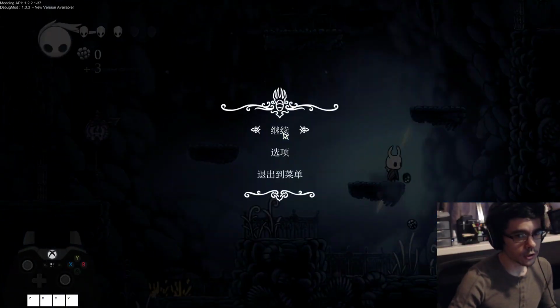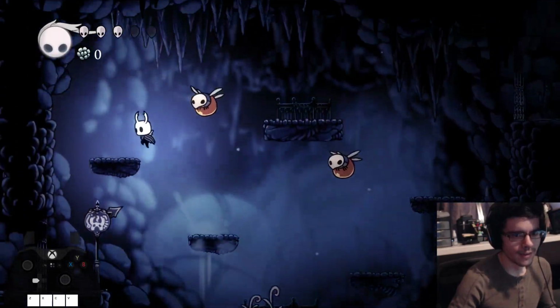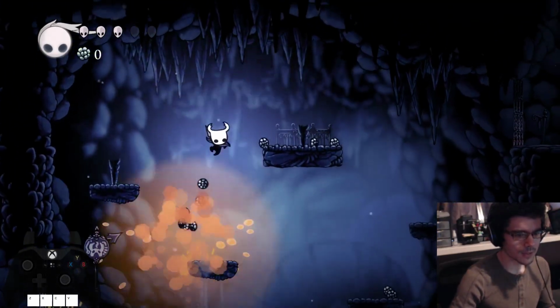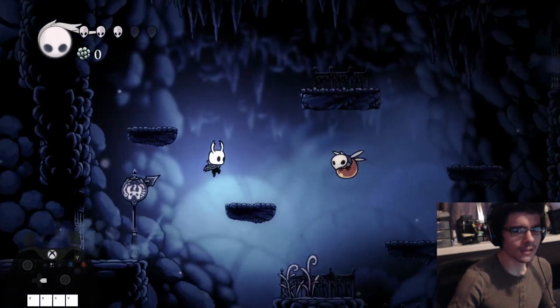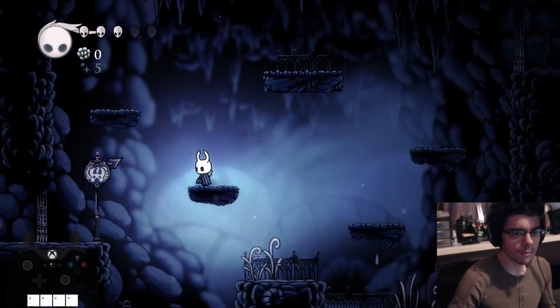Okay, so I collect all this geo on the platform. Oh. See, this is why the room is a bit difficult to explain, because sometimes you just catastrophically mess up. And I'm going to show you my spike kill in a moment, but